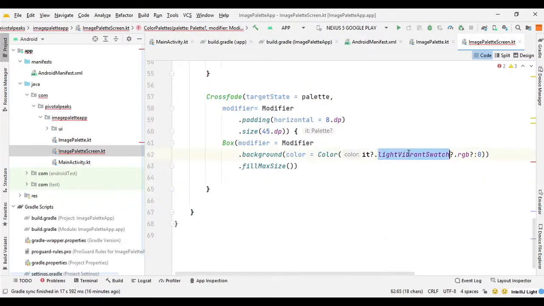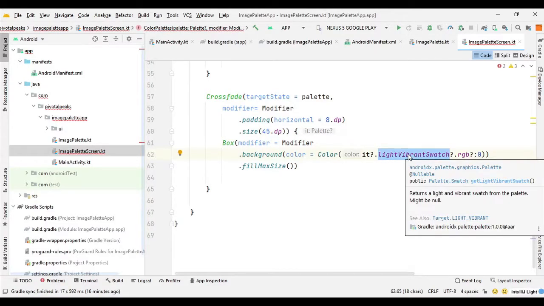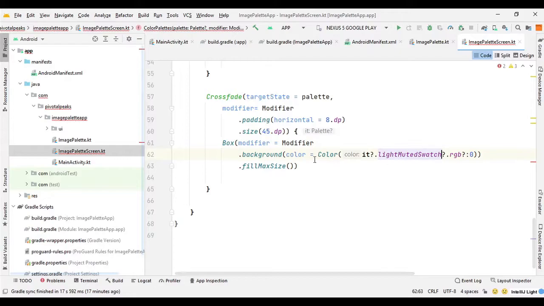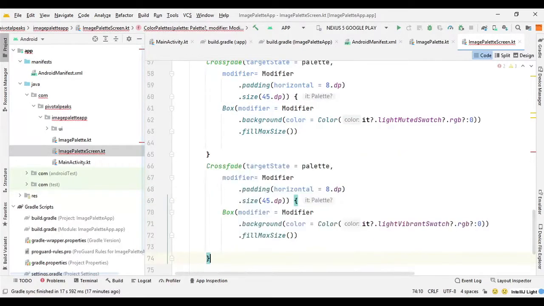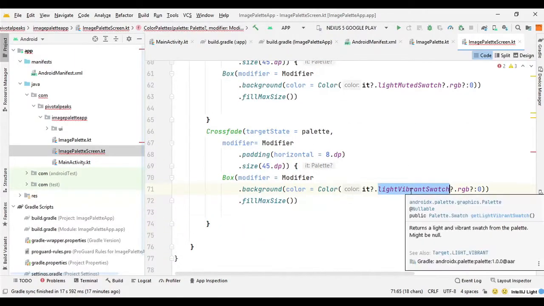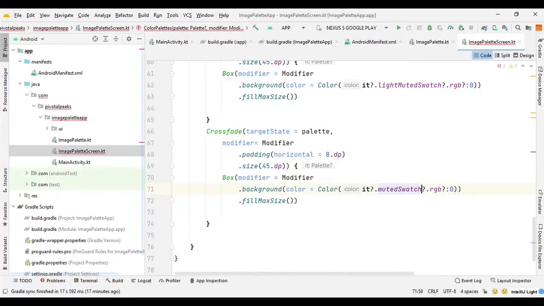So here I will use the light muted swatch, and again after this block we can paste it, and we can use another variant for muted swatch.